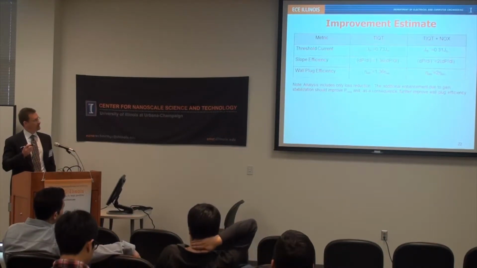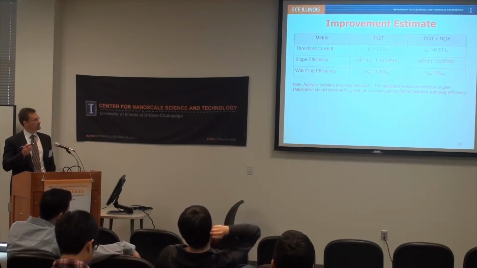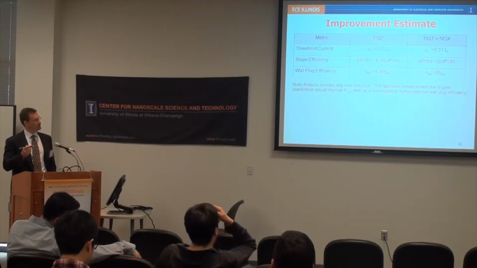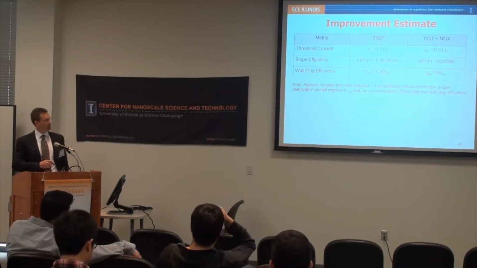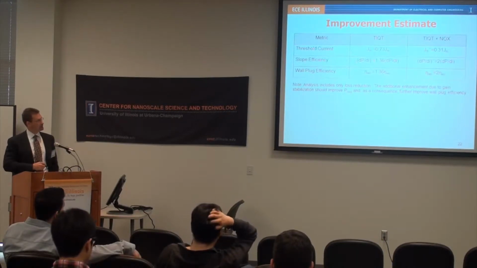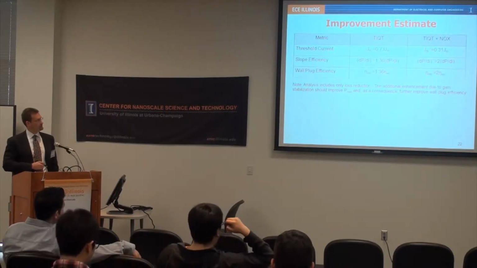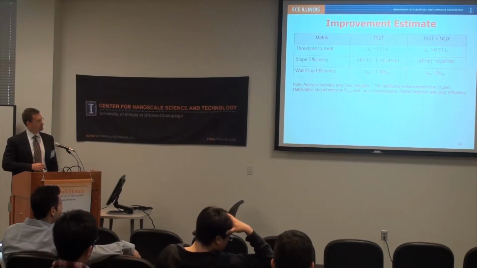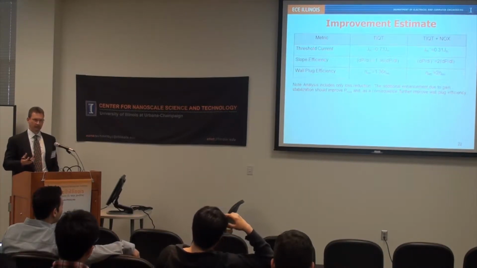something like a 25% reduction in threshold current, again, per the simplistic model that we have, all the way up to, again, with also doing some mode shaping, effectively reducing the threshold current by 2/3, improving slope efficiency by as much as a factor of 2, and wall plug efficiency by as much as a factor of 2. Again, we're still taking these simple one-dimensional models and extending them and doing full two-dimensional models